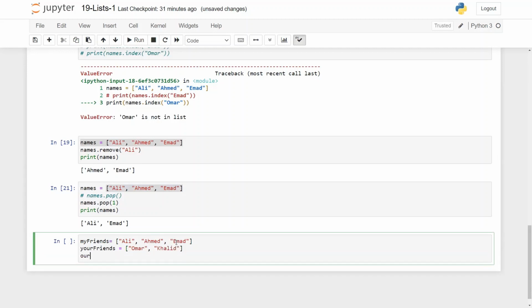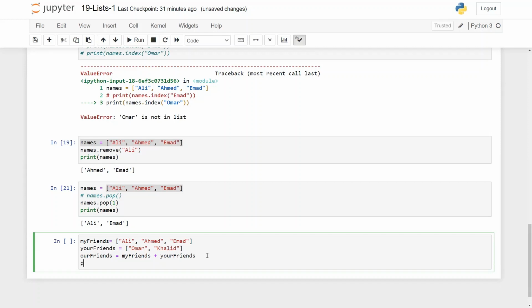Now, I want to create a list, our_friends, that is basically the combination of my_friends and your_friends. Now, you can do this by a simple concatenation, okay? You do concatenation just like you do it with strings using the plus sign. So if you write my_friends plus your_friends, and print our_friends, you will get the combination